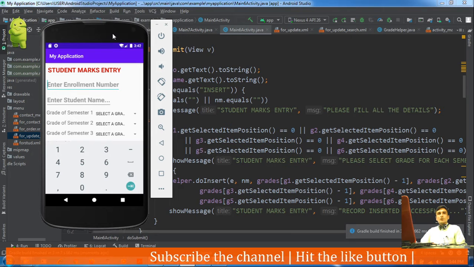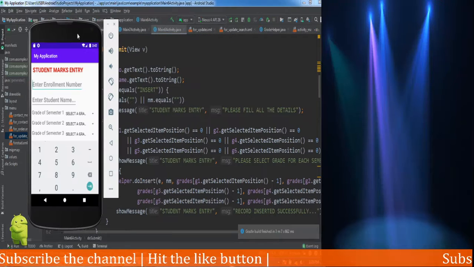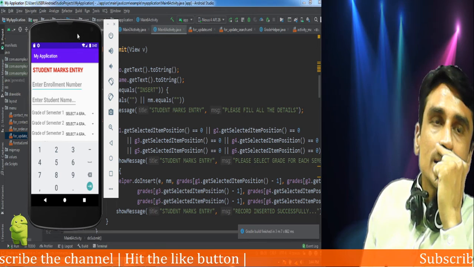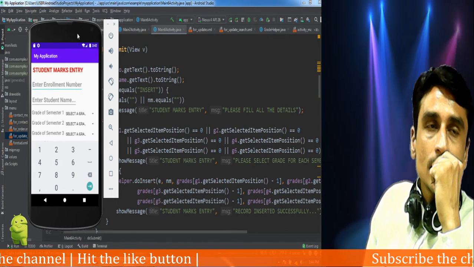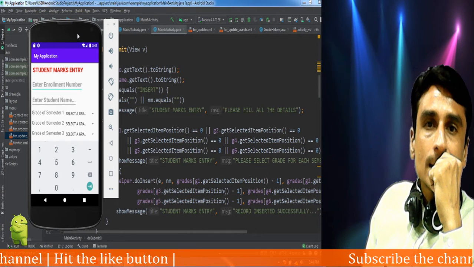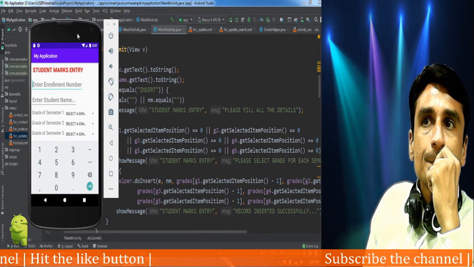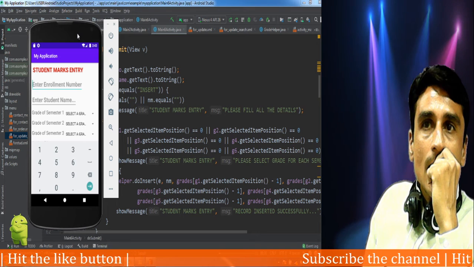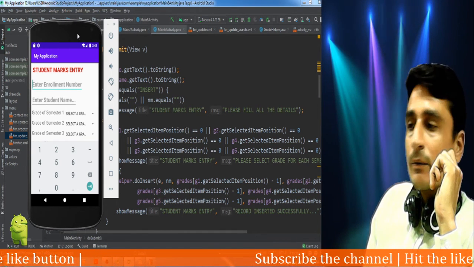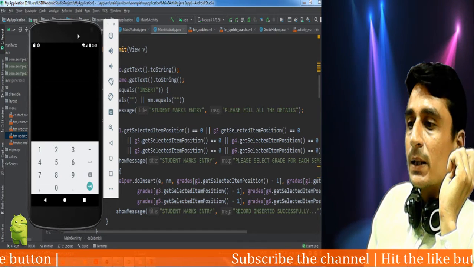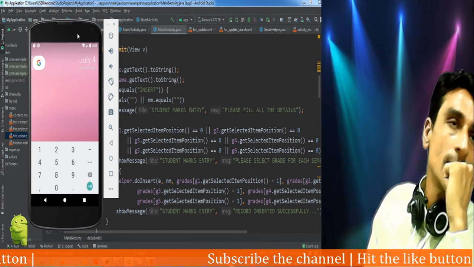So an options menu will appear, and in options menu there are two options for updating and searching. We will ask client for the enrollment number for which he wants to update the record, okay.